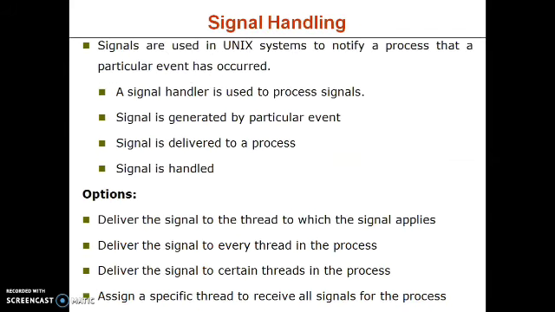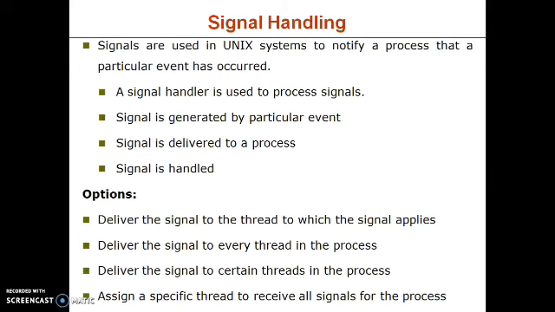The third issue is regarding signal handling. We know that signals are used in Unix systems in order to notify the occurrence of a particular event. Here the signal handler is used for processing the signal. Whenever a particular signal is generated, the default signal handler will be there. This will have some code that is to be executed when the corresponding signal is generated. Along with this, the user can have their own signal handlers corresponding to the different signals. The signal is generated for a particular event, the signal is delivered to a process, and the signal is handled. The options are